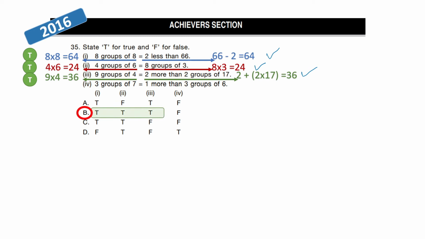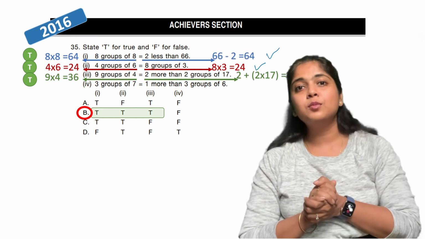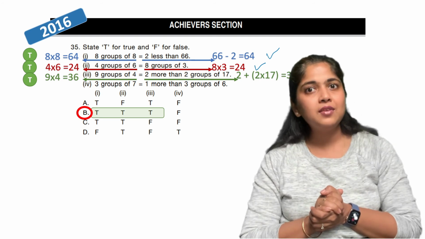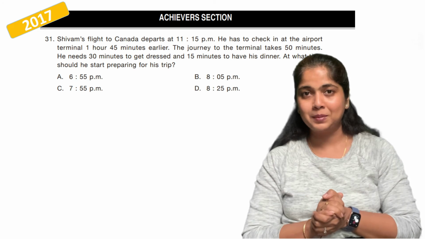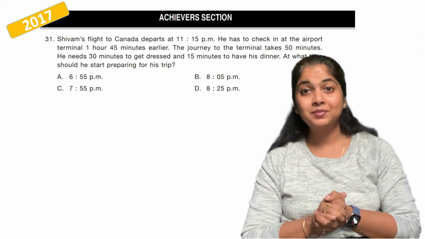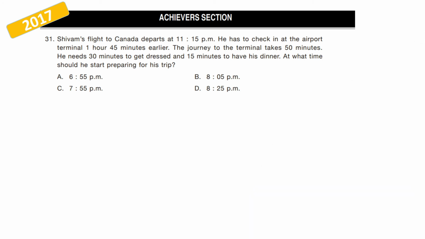You can skip solving 4. With this we complete 2016 Achiever section. So you saw these were the questions from 2016. Now we'll head to the next 5 questions which are from the 2017 IMO paper. This is from the level 2 2017 IMO paper. Let's see how we fare in it. And here is the first question in that.